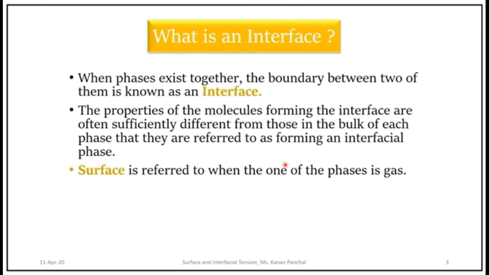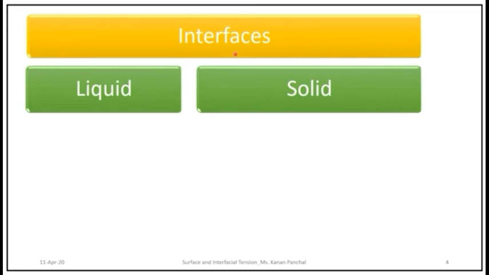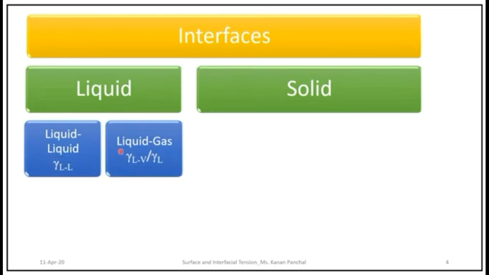Then next we see the determination of surface and interfacial tension. The first method used is the capillary method. This method is suitable for measuring surface tension and not for interfacial tension. γ = 1/2 r h ρ g is the formula for the capillary method, where r is the radius of the capillary tube, h is the height of the liquid column in the capillary tube, ρ is the density of the liquid, and g is the acceleration due to gravity.